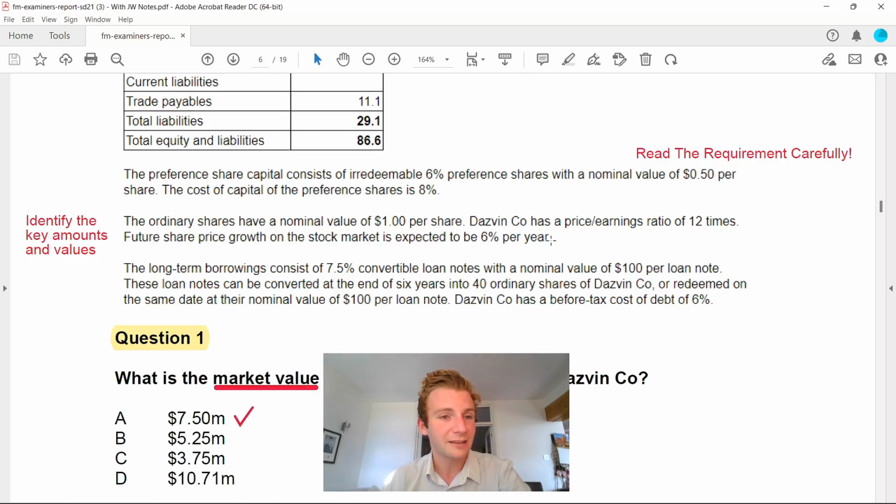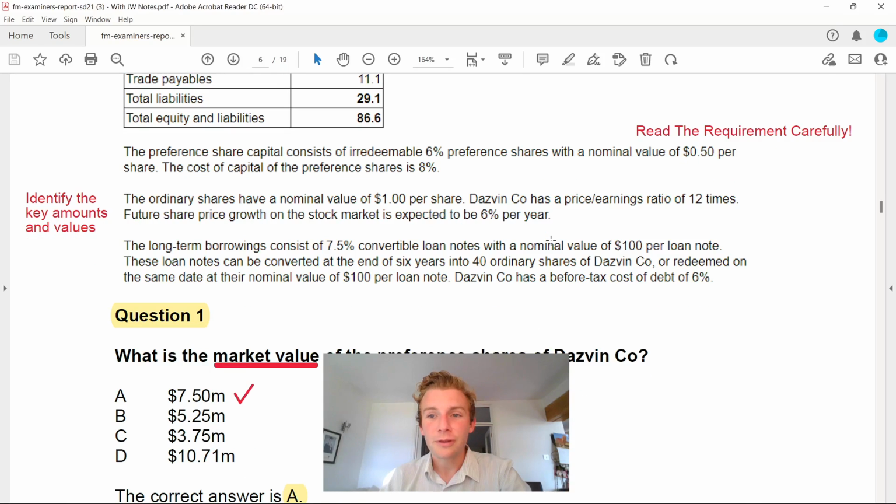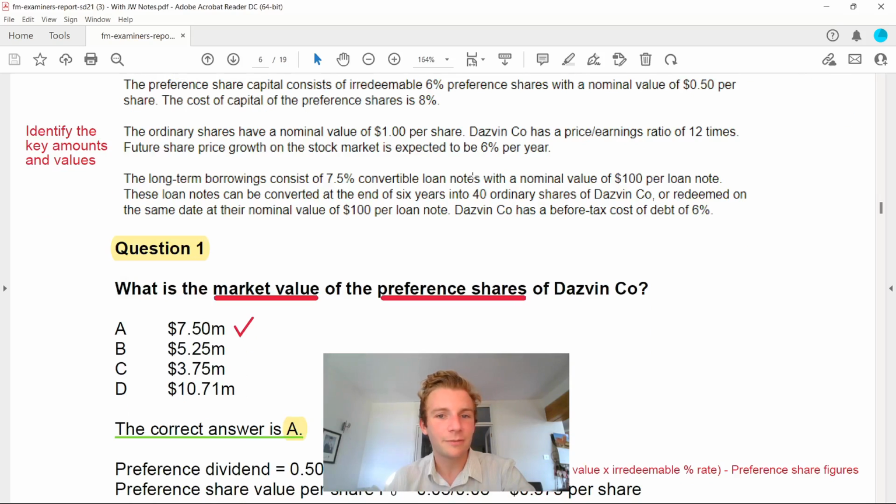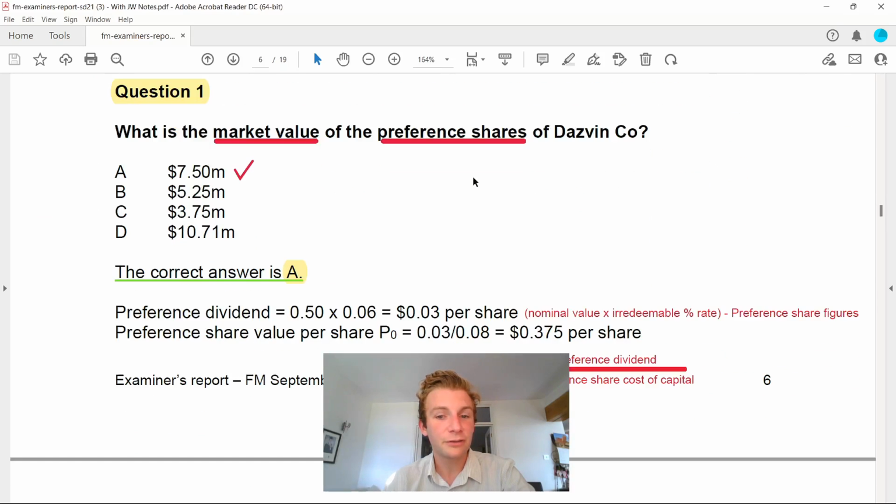or actual shares. Now, as we go through the requirements, you've been given irredeemable shares, preference shares, but as ever with financial management, this is where you've got to really read it carefully, make sure you get the correct units on there, and not make any silly mistakes when we actually calculate it through. So identifying the key amounts and values is going to be absolutely critical,